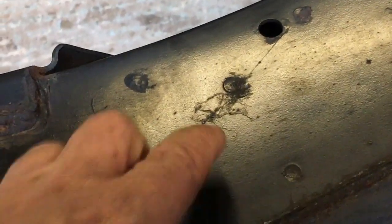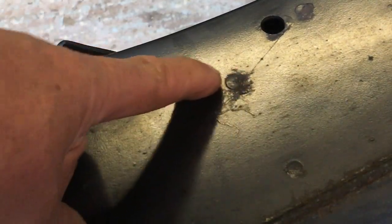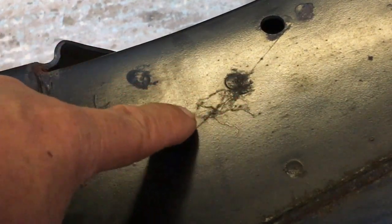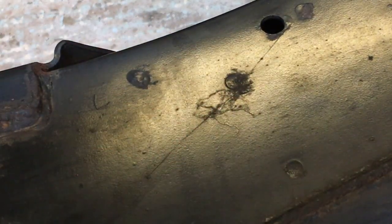The other thing we need to look out for is spidering. Now I'm going to try and play with the light here to get this right. Here we go. So you can see this here. This one I'm talking about is called spidering. You can see we've got a spot weld there, and underneath we've got some rust which has started, and you can see we've got a track. It's like a road map, and you can see the tracking around it there. So if I zoom you in,